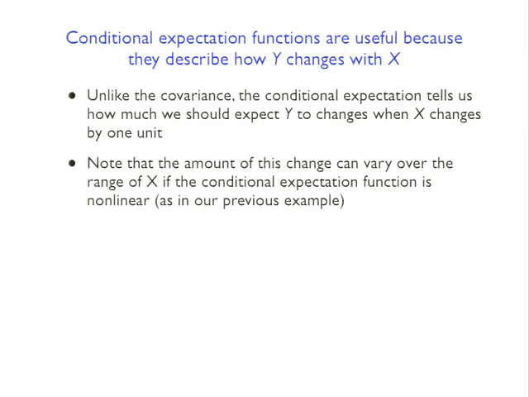So the magnitude of the relationship can actually vary over the range of x if the conditional expectation function is nonlinear. The one that I showed you on the last graph looks nonlinear in the sense that it's not just a straight line, it was more of a U-ish shape. What that's telling you is that the first derivative of that function, which is telling you how much y changes on average with a 1 unit change in x, is not constant. It's not a linear function.